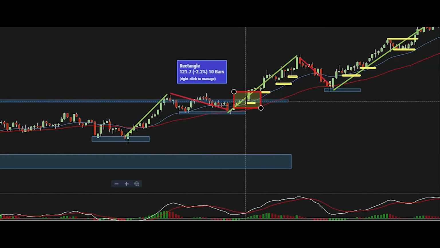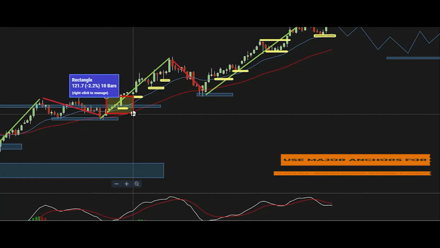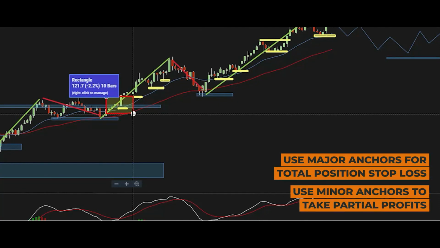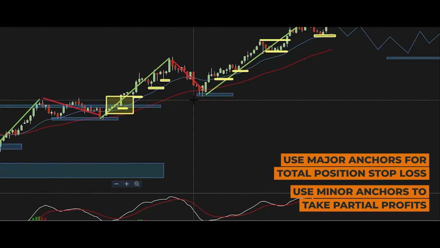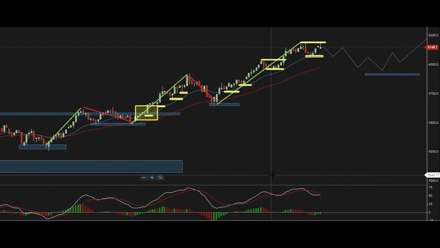And that's why we took our entry on this push through here, maybe push through the highs, risk just below, and it turned out quite nicely. All right, so then we started defining our anchors for risk management purposes. All right, so you can see this is a good little example of how we do that and how we utilize our anchors. And I think it's a very important part of trading that a lot of people don't understand, okay? Because you're trying to understand when that buying is taking a breath, or when is the bigger time